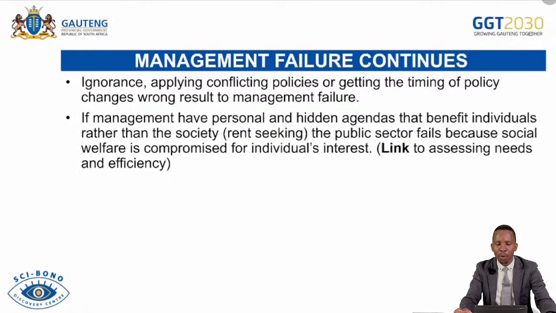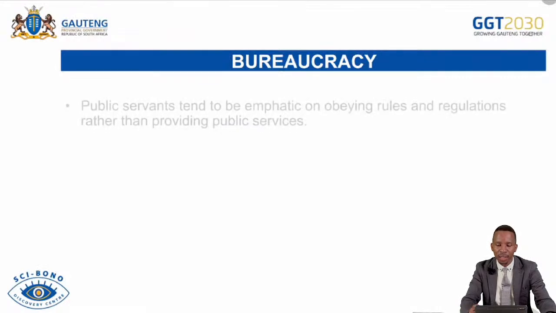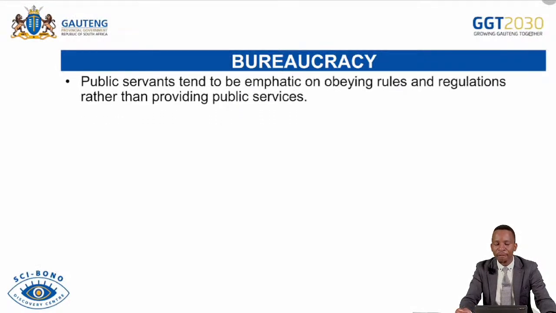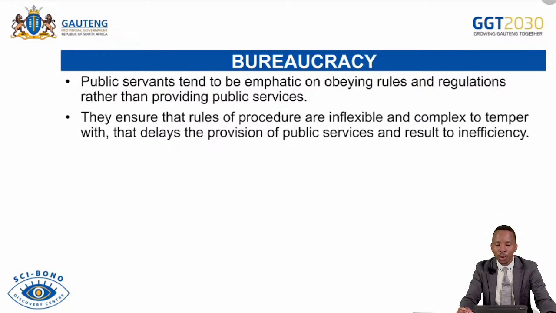If management have personal and hidden agendas that benefit individuals rather than the society, which is rent seeking, the public sector fails because social welfare is compromised. And then bureaucracy. Public servants tend to be emphatic on obeying rules and regulations rather than providing public services. They ensure that rules of procedure are inflexible and too complex to tamper with,